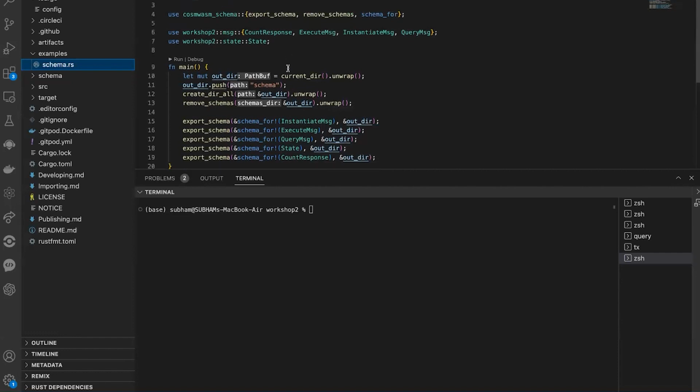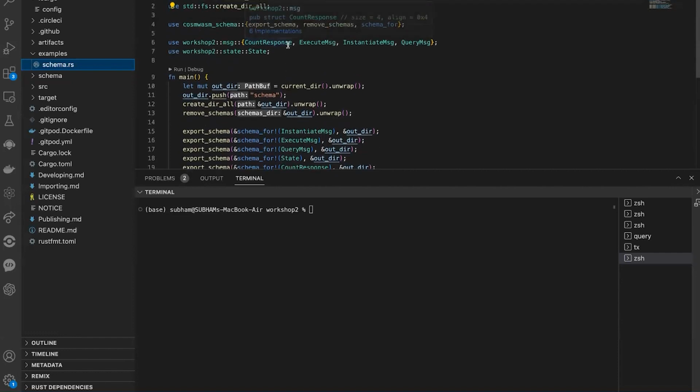So for example, I want to create a schema of the count response, the execution enumerators, the instantiation enumerator, or the query enumerator. For that, I'll just hit the command cargo schema,